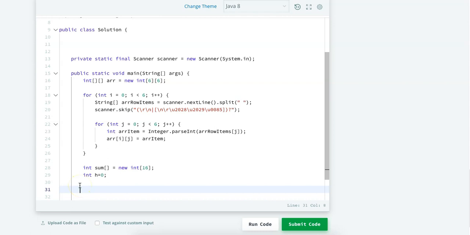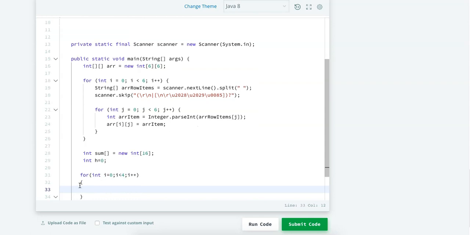So for this, we'll take a for loop. int i is equal to 0, i less than 4, i plus plus. And since it is a two-dimensional matrix, we have to take one more loop. Integer j is equal to 0, j is less than 4, and j plus plus.